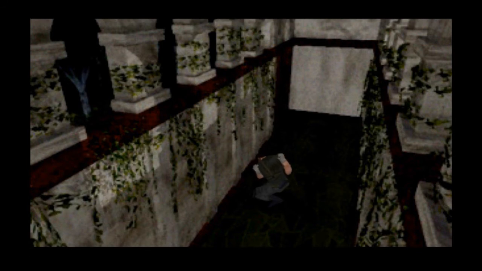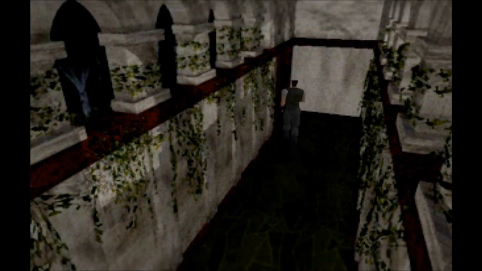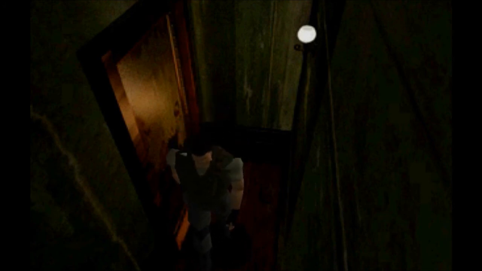Radio. It might still be usable. I'll take it with me. Anyway, we got the broken radio here, which we would get from Richard in Jill's scenario, and we would also get it from, what's her name, Rebecca, much earlier, after we finished the Plant 42 fight. But instead we get the radio here. And